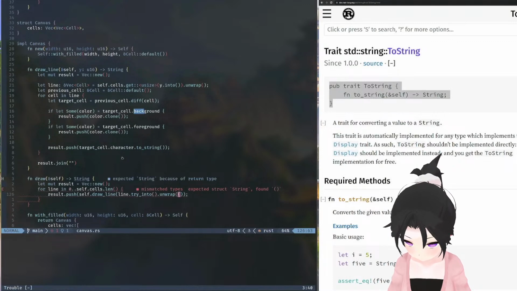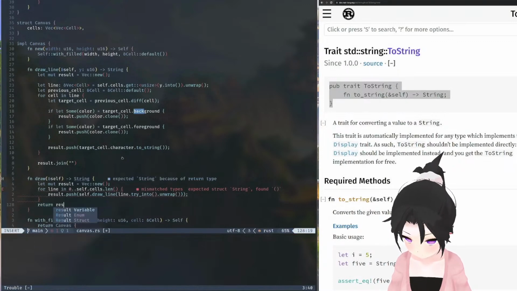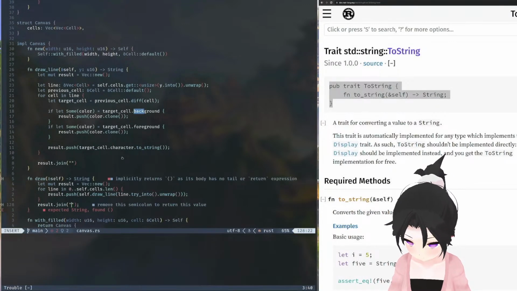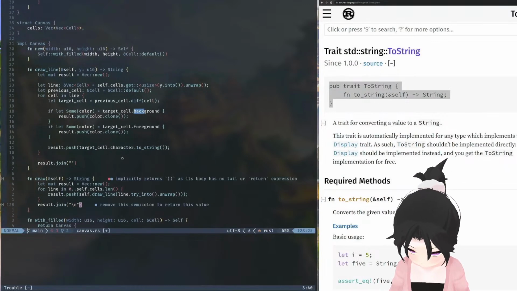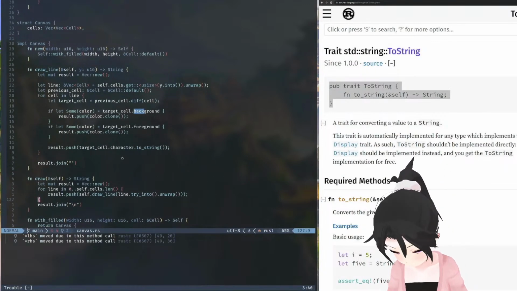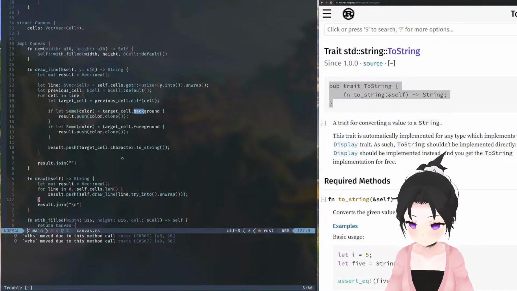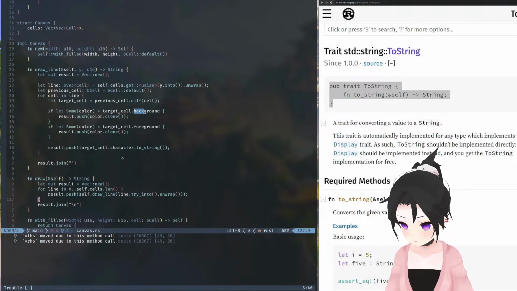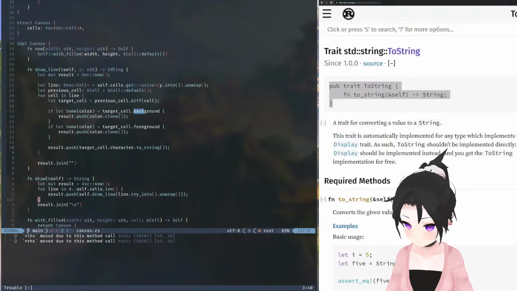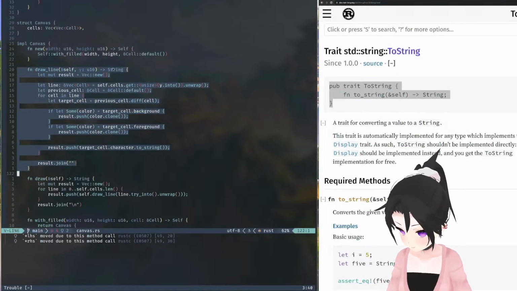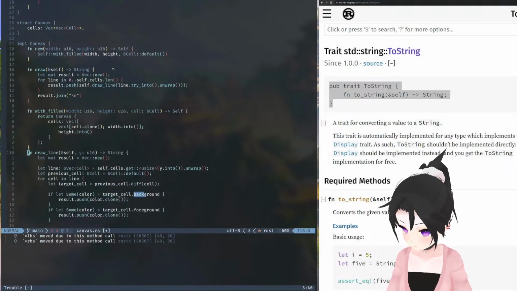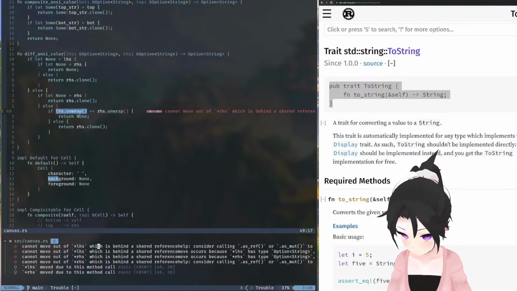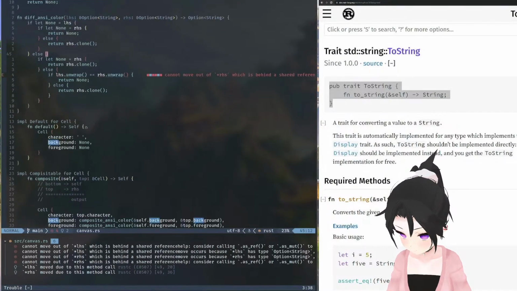So return result join. Done. Cool. So what we are going to do is we want to move these two functions a little bit down. And I think I don't want to move out of